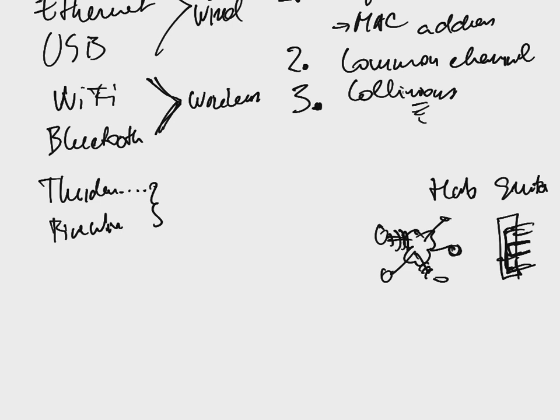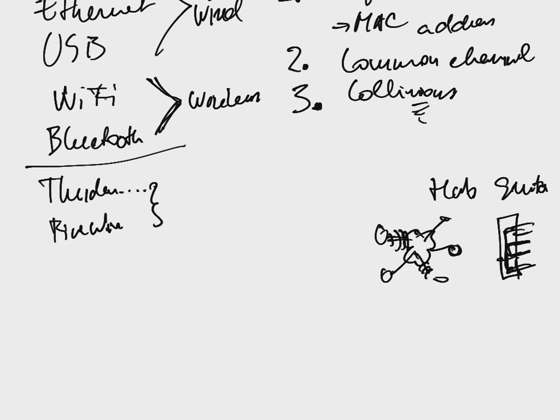For example, how they deal with quality of signal, how they deal with collisions, etc. But besides that, all these networks are actually in theory the same. They just use different kinds of cables or wires, and different kinds of carrying.